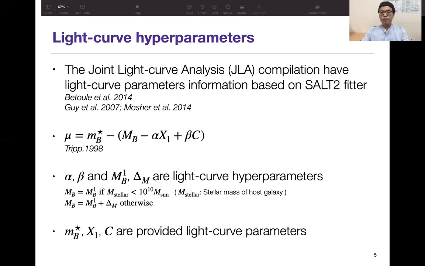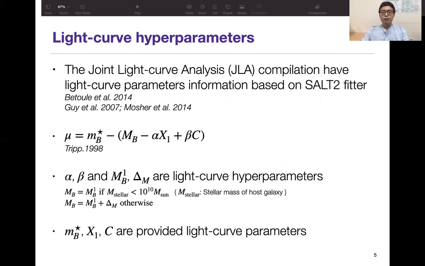First, we talk about what we presented in the previous Cosmology from Home conference. To construct the distance modulus from the data and use them for constraining the light curve hyperparameters, we use the joint light curve analysis, in short JLA, compilation, which has light curve parameters information based on SALT2 fitter, and apply the formula in the middle of the slide.